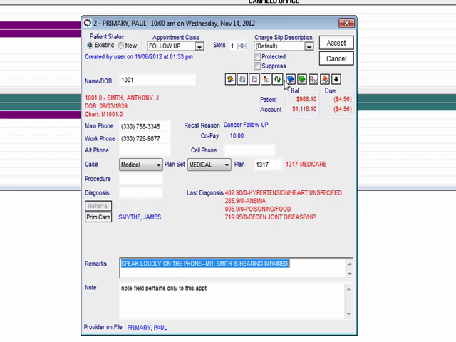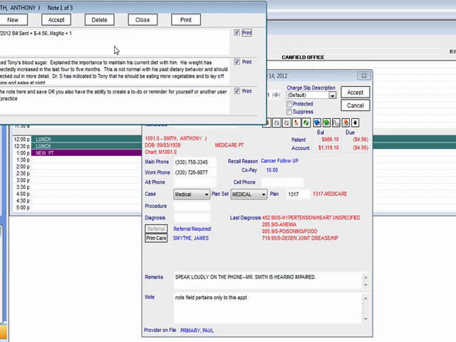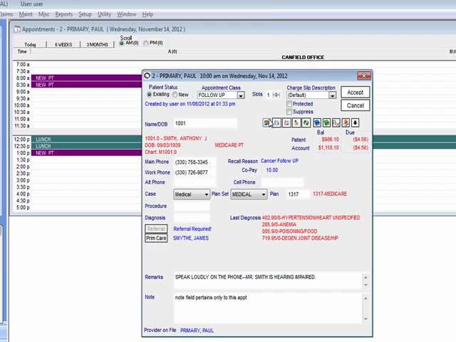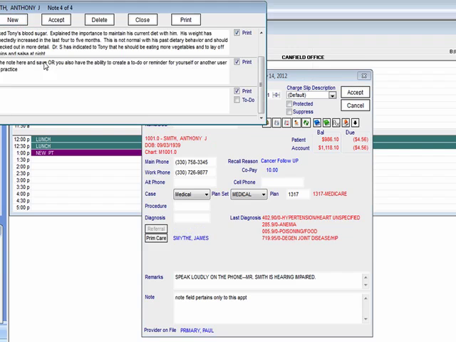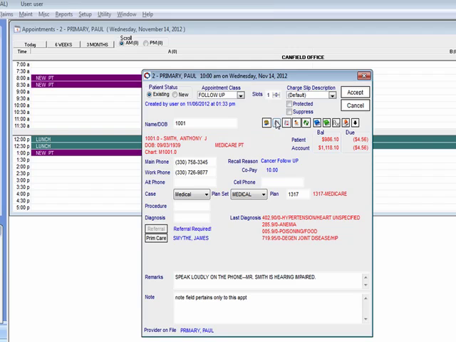Let's look at some of the icons and things you have access to. The first icon you have are patient notes. You can review and add patient notes right from there. For instance, you may say that you reminded the patient to bring in notes from referring doctor. I spelled it wrong, but we get the point. The next thing is I have